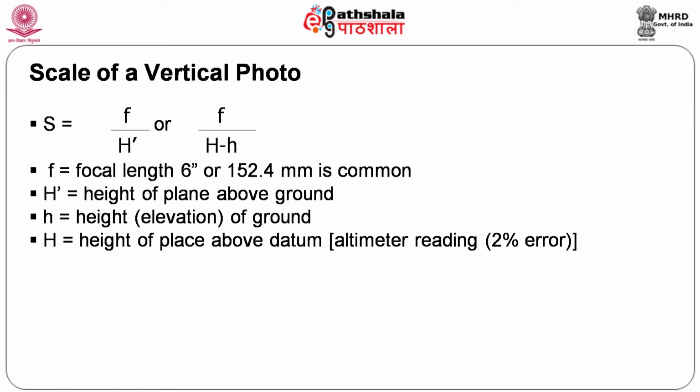So, that is the reason we do not directly use f by H, we use f by (H minus h), that is capital H minus small h, nothing but the height of the plane above the ground, as we also consider the height or the elevation above the ground of that object. So, naturally when I am using this, and the focal length, then obviously I will get the scale part. The focal length is taken into consideration here.